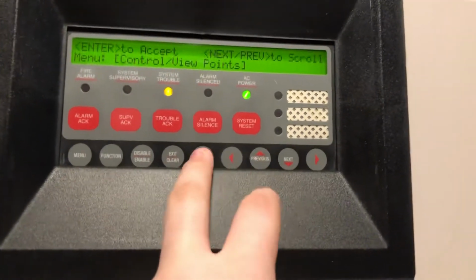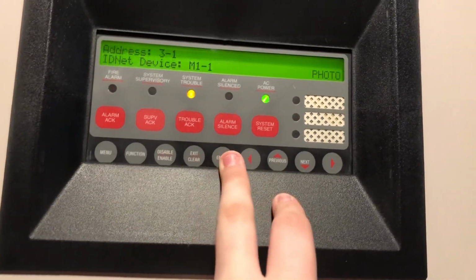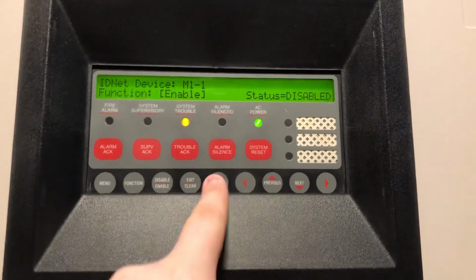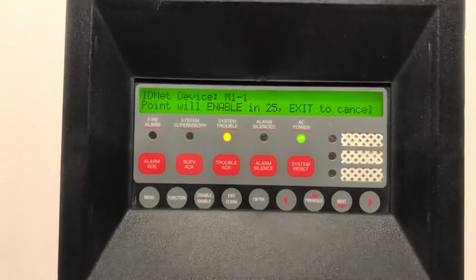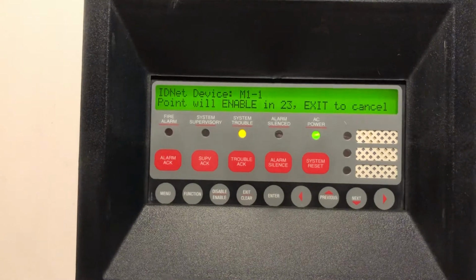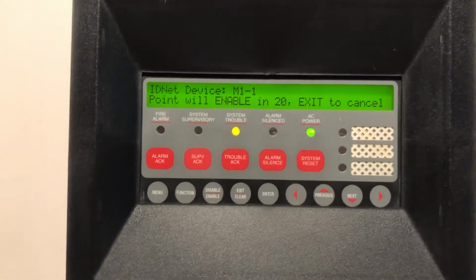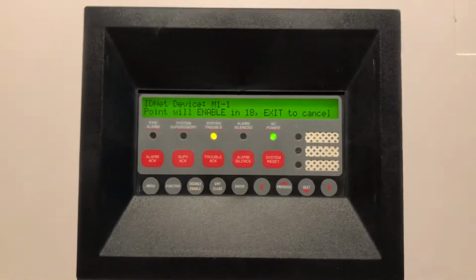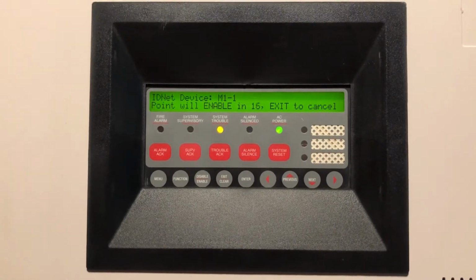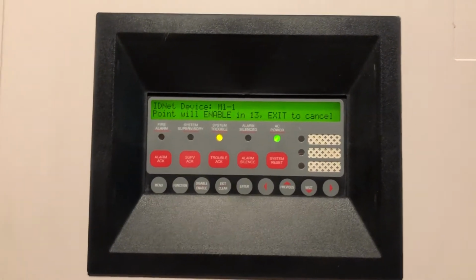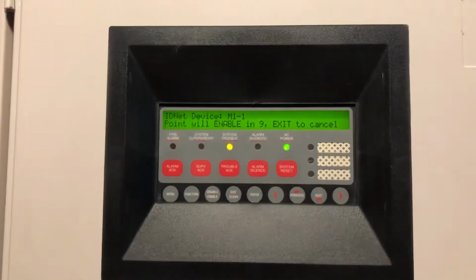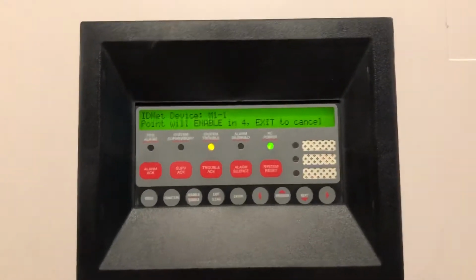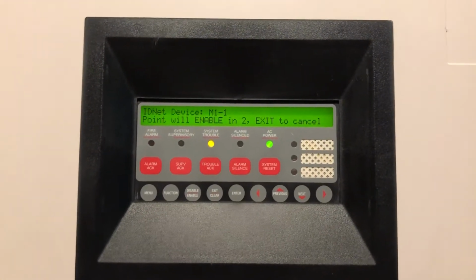Now if we want to re-enable that, you go back, and you click enable, and Simplex does this thing where it gives you a 30-second countdown before it re-enables the point. It's pretty handy in the field, but not really as a collector because it's kind of annoying. But after this, I will show you how to enable a walk test and manual evacuation. So once this point enables here,